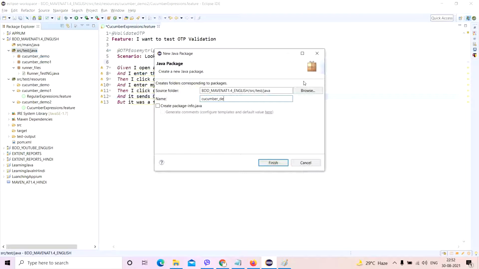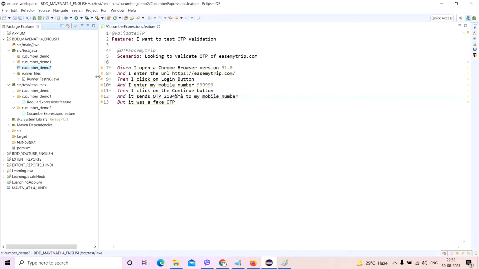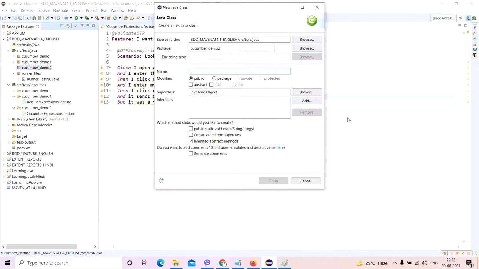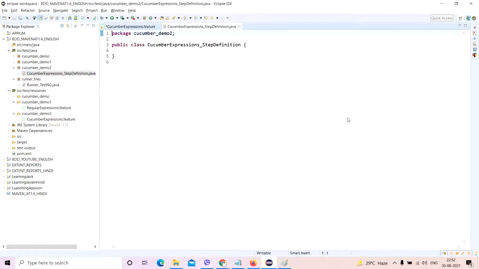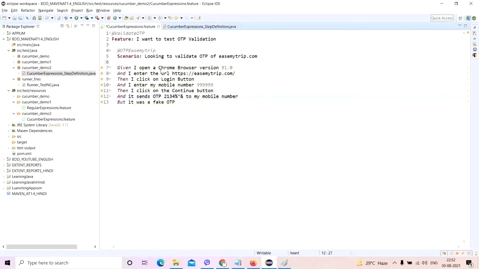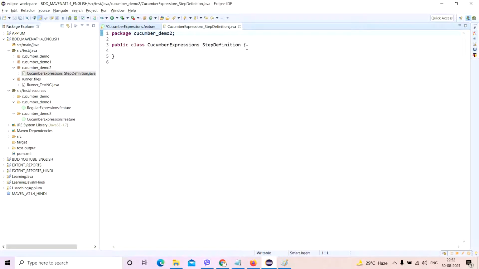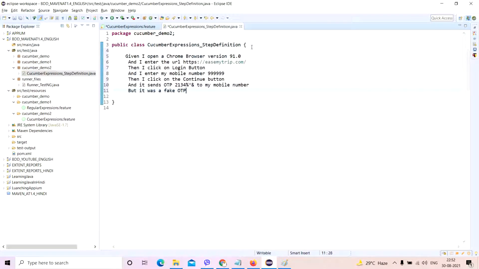I'll create the Cucumber demo 2 package, and I will create a new step definition file, and it will be Cucumber expressions underscore step definition, and that's it. It's very simple. Now all I need to do is copy this, put it over here, and do the same thing which I did last time.